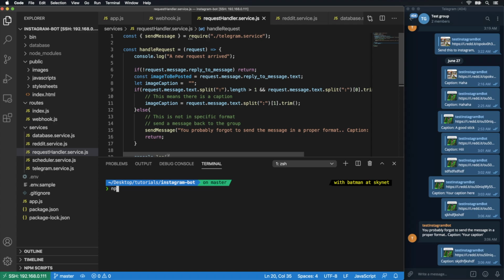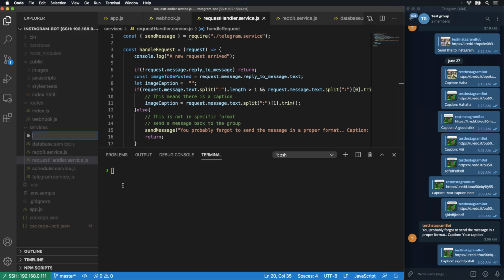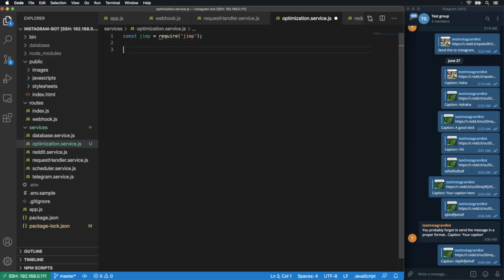I'll first install this: npm install Jimp. Okay, so I have that package added. Now I'll create a new service, which is going to be the optimization service. In this service, we are going to have several functions. Now that I have that imported, I need to create a new function. The new function would be optimizeImage. It will take a URL